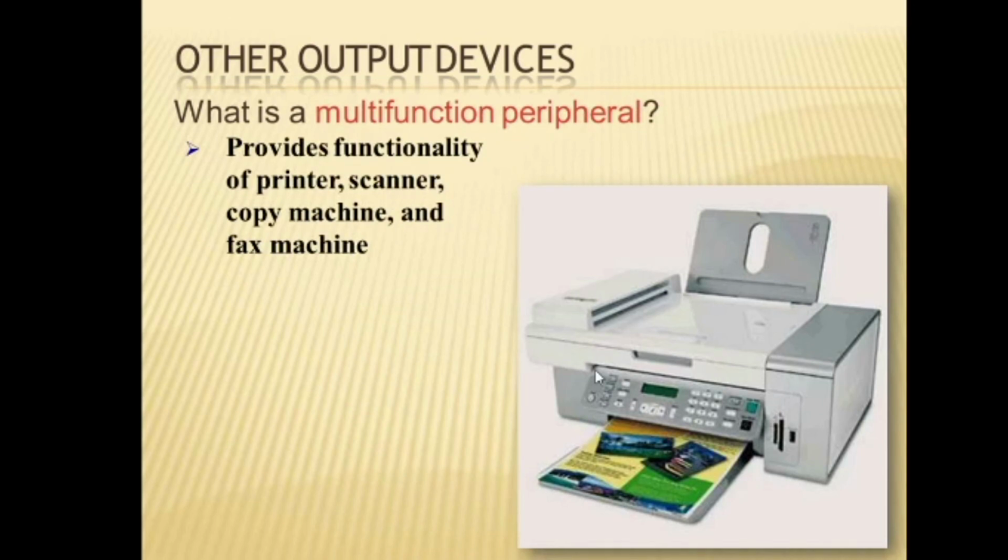Other output devices. What is a multifunction peripheral device? A multifunction peripheral device performs a variety of functions that would otherwise be carried out by separate peripheral devices. As a rule, a multifunction peripheral includes at least two of the following: a printer, a scanner, a copier. A multifunction device, or MFD, is typically the printing device in most offices but is referred to as a printer or a photocopier.